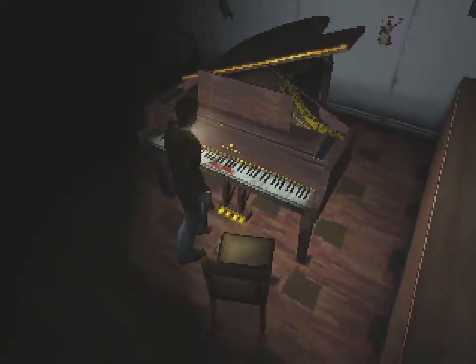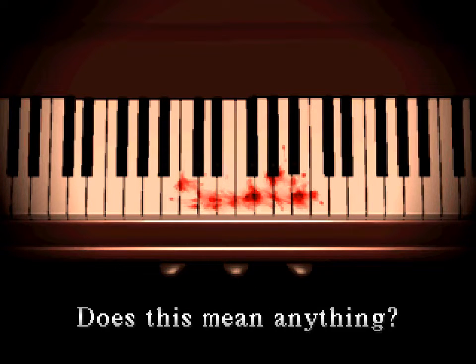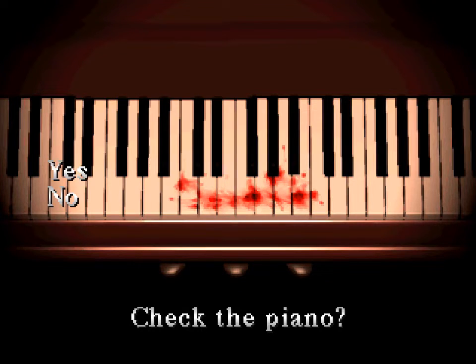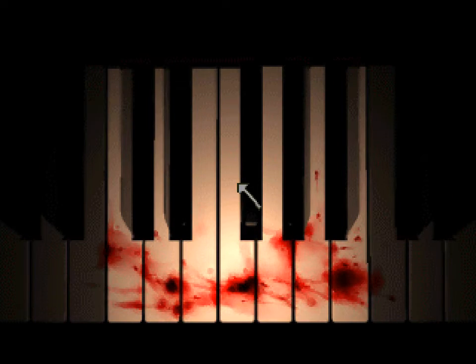So, that does have to do with the ebony and ivory keys of the piano. Now, we do have to play them in a particular order. The one caveat is that the song started out with, well, a bird without a voice. So we are going to want to play the keys that are broken. Starting with the first, then the last white key, the black key above that white key, the next white key over, and finally,